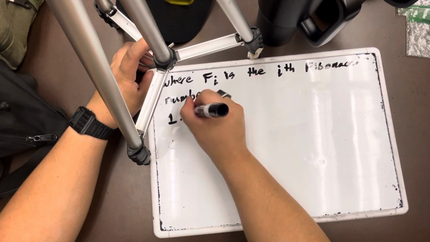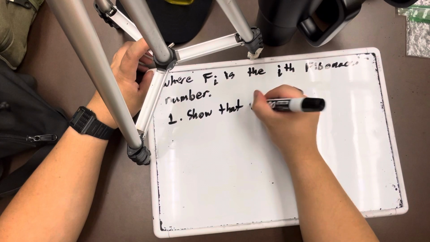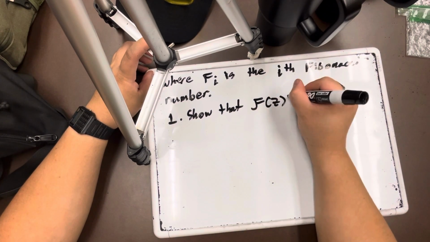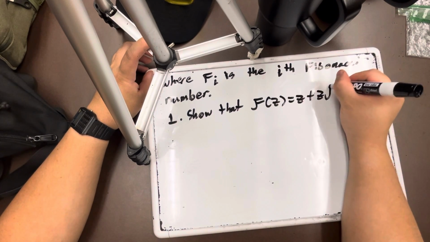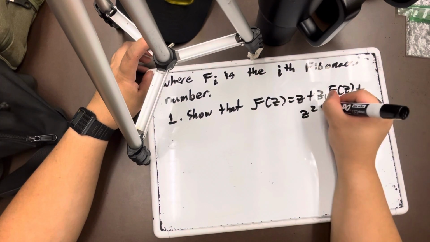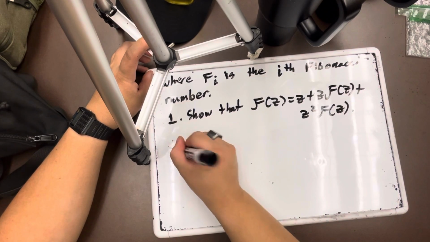We have to show that script F of z is equal to z plus z times script F of z plus z squared times script F of z. And second part, we have to show that